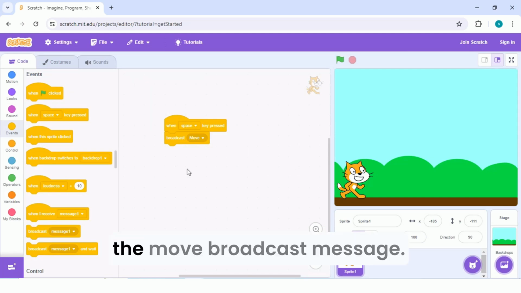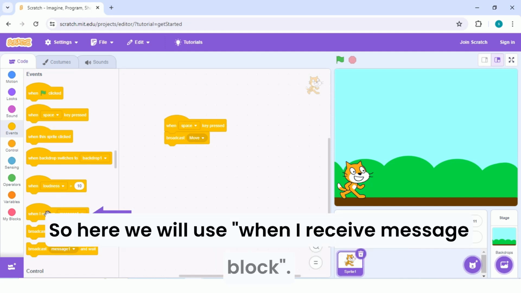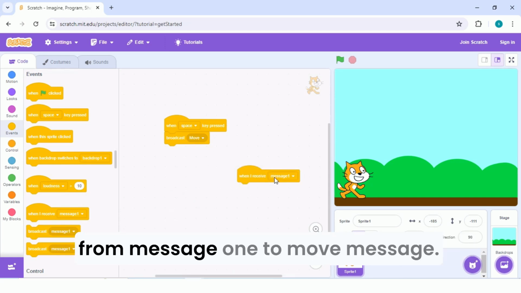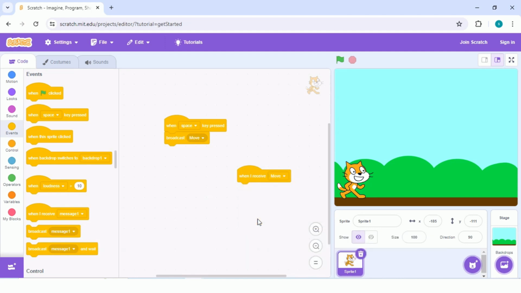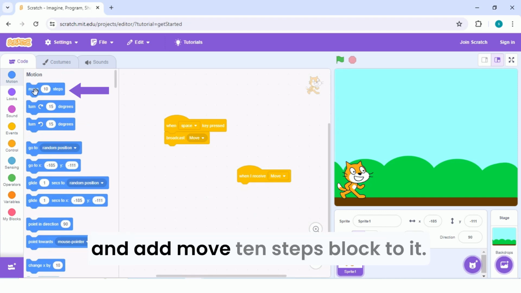So we will type move as a new message. Now, we need to receive the move broadcast message. So here we will use when I receive message block. Then, we will change the drop-down selection from message 1 to move message. And because the sprite needs to move, we will go to motion block and add move 10 steps block to